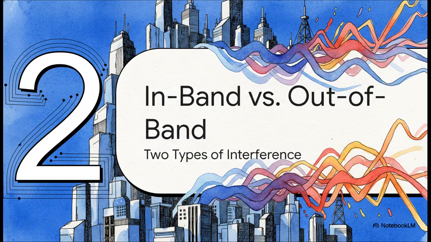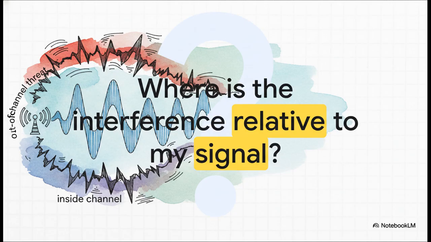All right, in-band versus out-of-band. These are the two fundamental categories of interference. So when these unwanted signals, these troublemakers, invade our nice regulated city, they create interference. And that interference falls into one of two main buckets. And listen, this is probably the first, most fundamental distinction you have to make when you're out in the field. So here it is, the big question. As a technician, this right here should be your very first question. Where's the interference relative to my signal? Is the threat coming from inside the house, so to speak, or is it coming from somewhere else? Seriously, answering this one question is going to dictate your entire game plan from here on out.